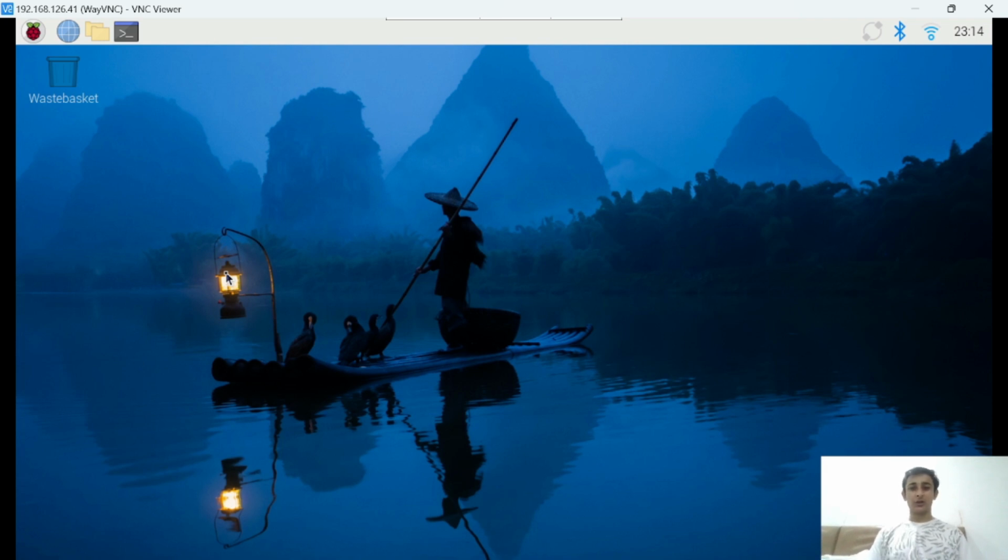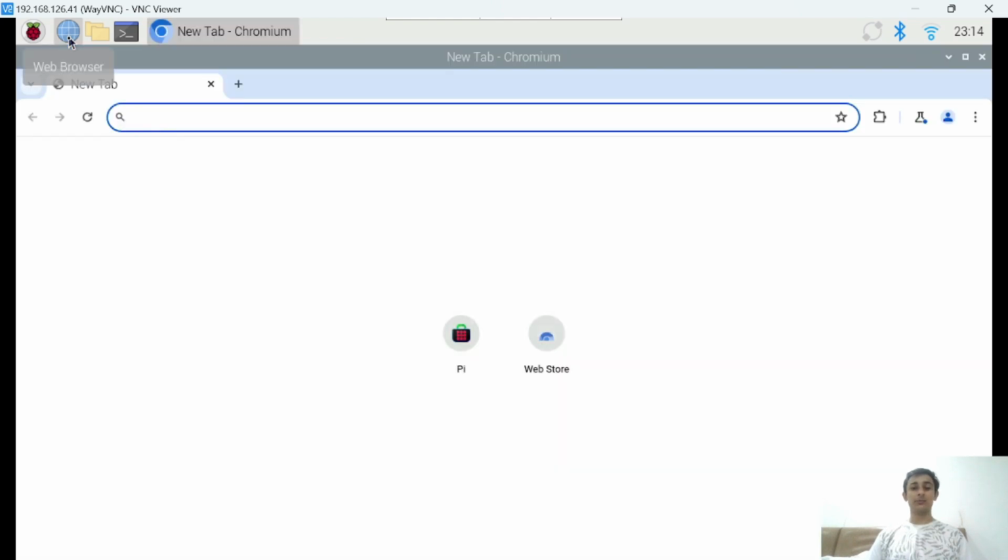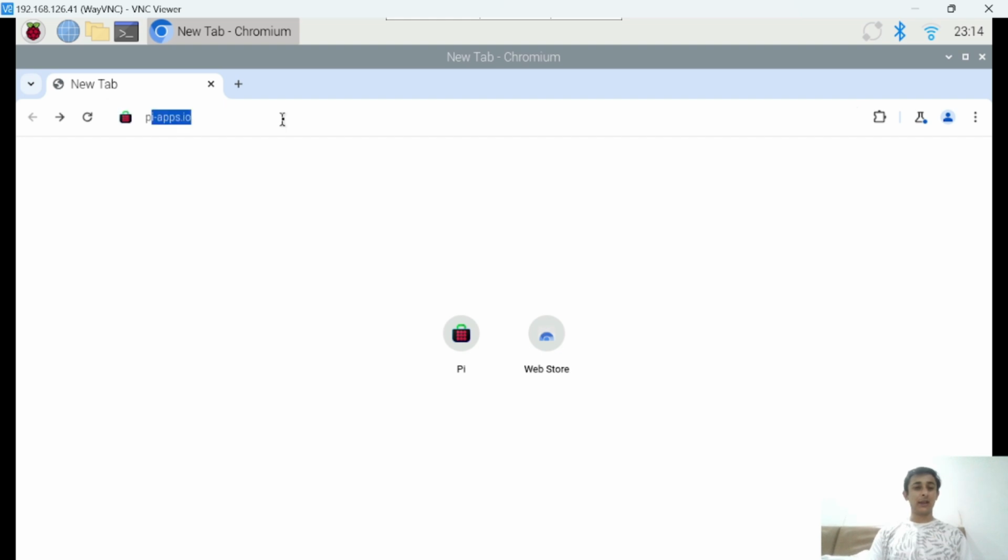So today we are going to learn how to download Pi apps inside the Pi OS and how to install it. So for downloading and installing, you have to open your Chromium web browser. So you have to single click on a web browser. After clicking on a web browser, you have to type Pi